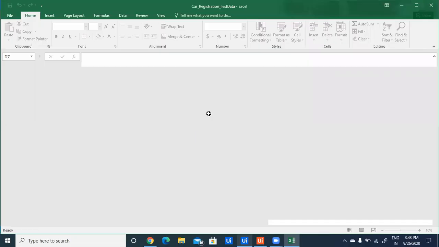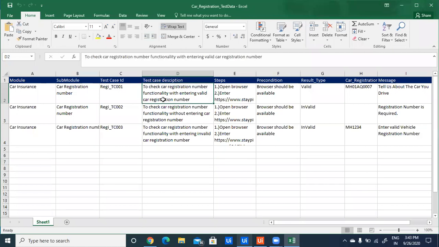To check the car registration number functionality, the first test data enters a valid car registration number. After entering a valid registration number, we will get this message on the website. In the second data, we enter a blank car registration number, and we will get the message that a registration number is required.